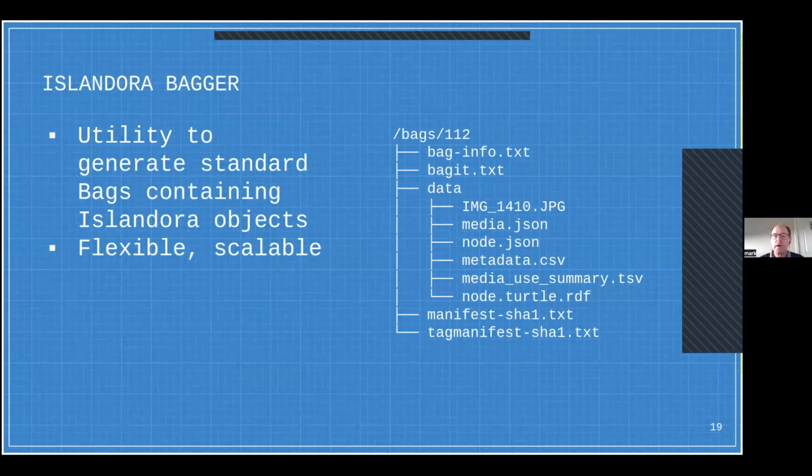So we have the image file, that is the original file in this case. We have something called metadata.csv. So here's where it gets interesting. It is one thing to put a file in a bag, because a file is kind of a file, more or less. But Islandora doesn't treat files any differently. If you deposit an image, it's going to keep that image. That's the original file